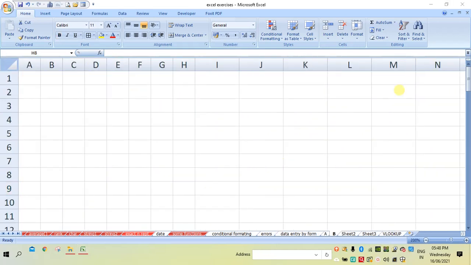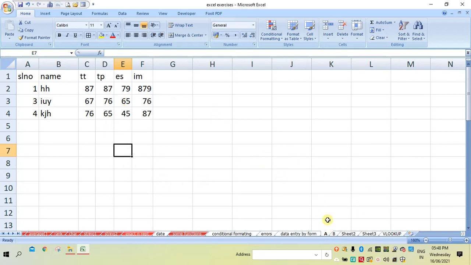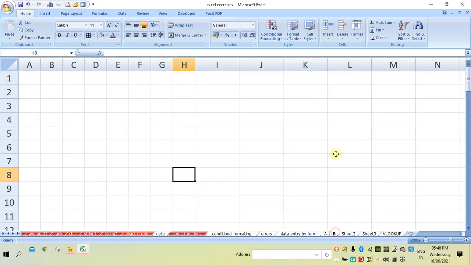Now let us see how to connect the content of one sheet's cells into another sheet's cells. For example, here I have two sheets. One is the A sheet, another is the B sheet. This is the A sheet and this is the B sheet, which is empty.